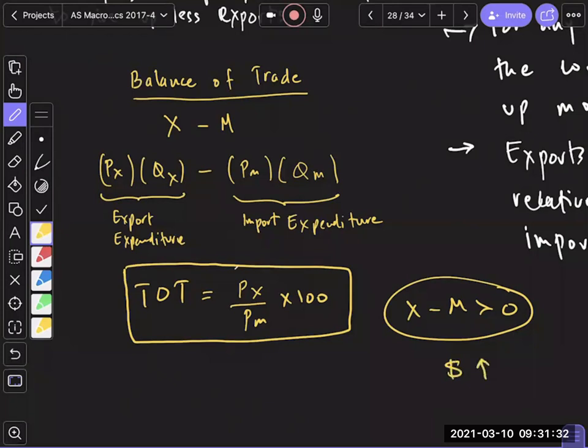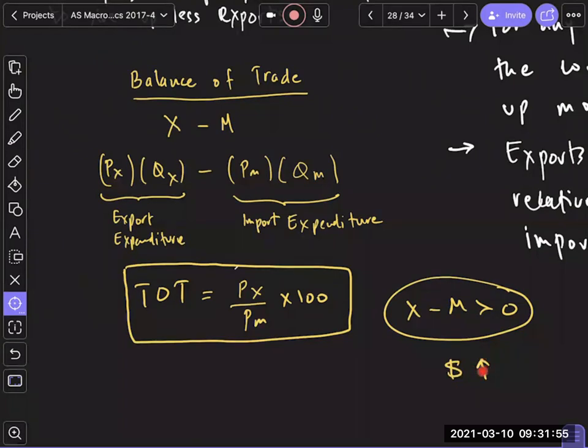If you pick up a newspaper, Pakistan is always discussing why our foreign reserves are so low. The reason our foreign reserves are so low is because we run what we call a current account deficit. If the current account is in surplus, dollars will be flowing into the economy. We will be running a surplus, so our foreign reserves will be really important and will be growing. Does that make sense, guys?